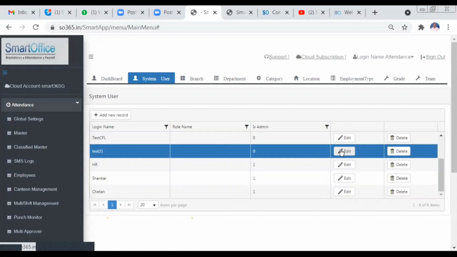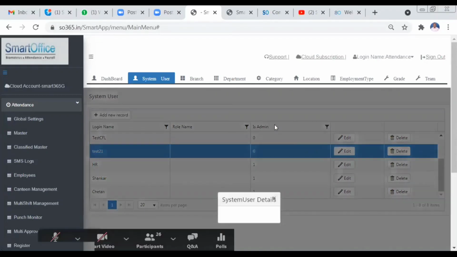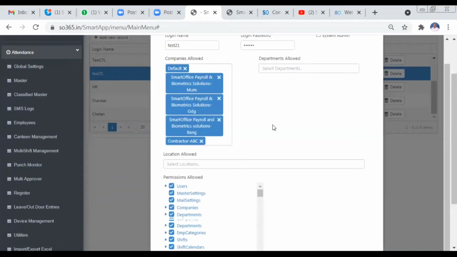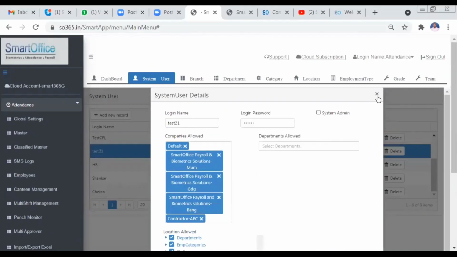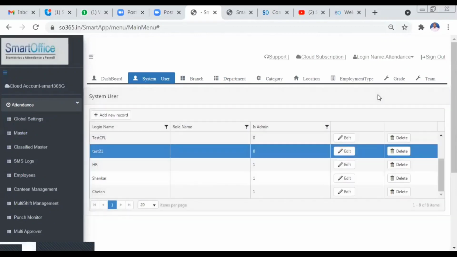At that time you can create a new system user, allot a particular permission, and give him a login, so that he can log in as a user and work on that. Here you can create, allot a company, allot a location, and allow the permission. So this is how you can give a system user login with limited permission or limited access.